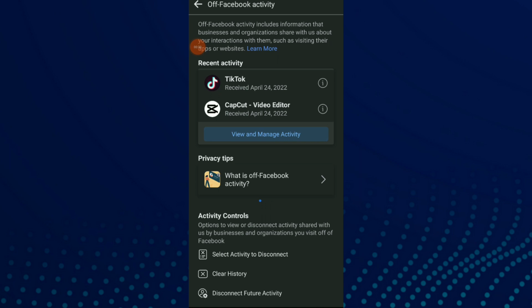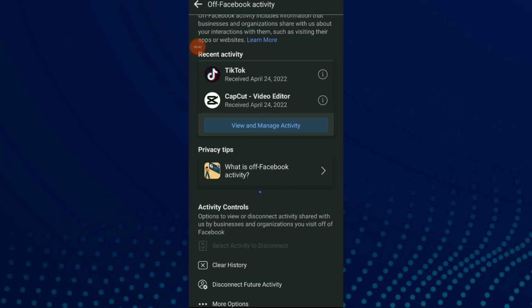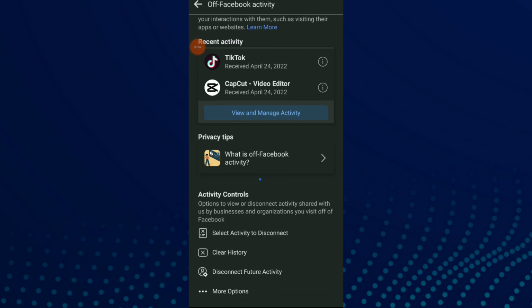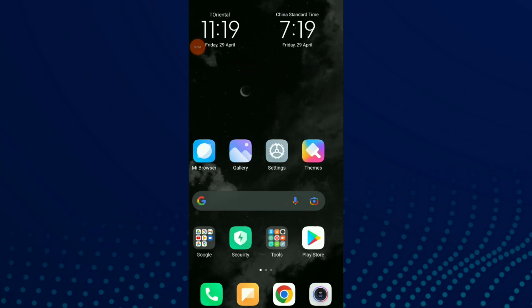Now you have off Facebook activity, which includes information that businesses and organizations share with us about your interaction with them. So this is it, and you can select activity to disconnect, or clear history, or disconnect future activity, whatever you want. So this is it